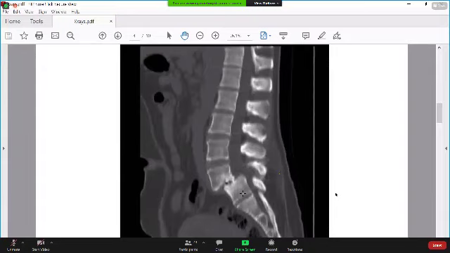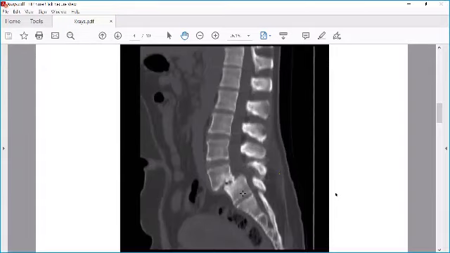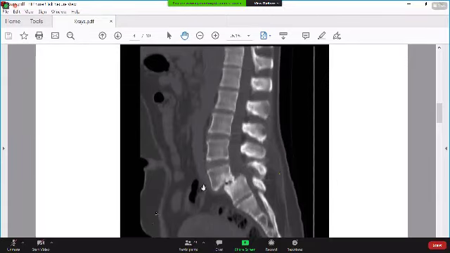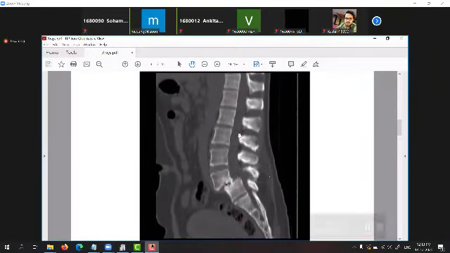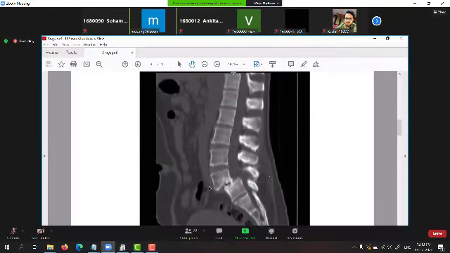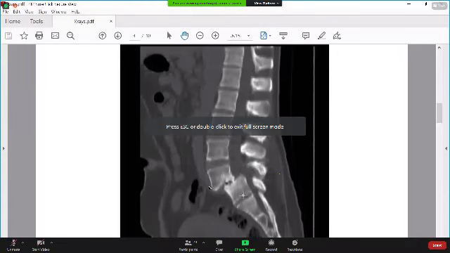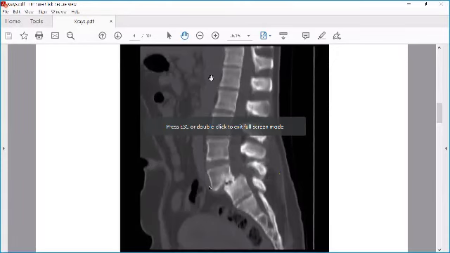And they can ask you what level you have to see. If the sacrum finishes at this one, then this one is L5S1. So you have to count from down, or you can count from up, from T12 down, or from down to up. So this is the L5S1 fracture dislocation.